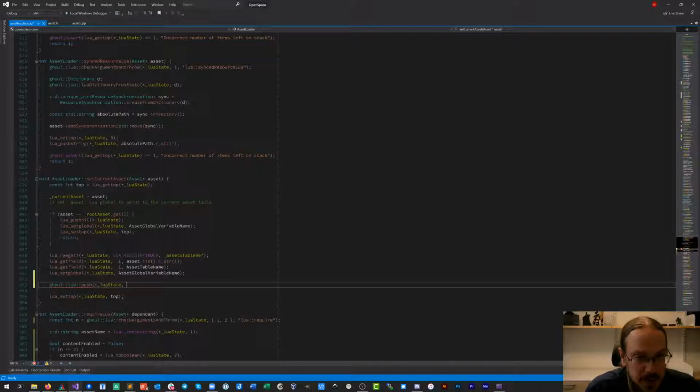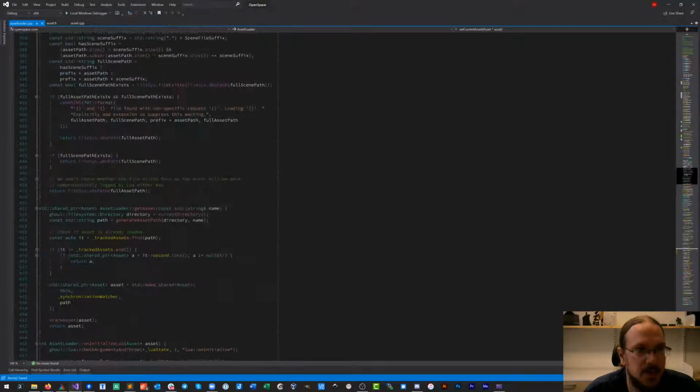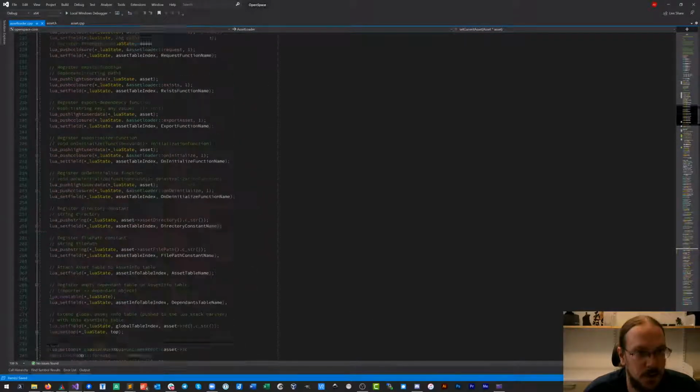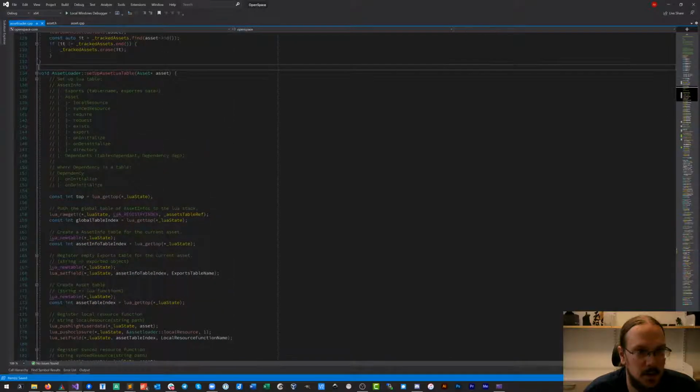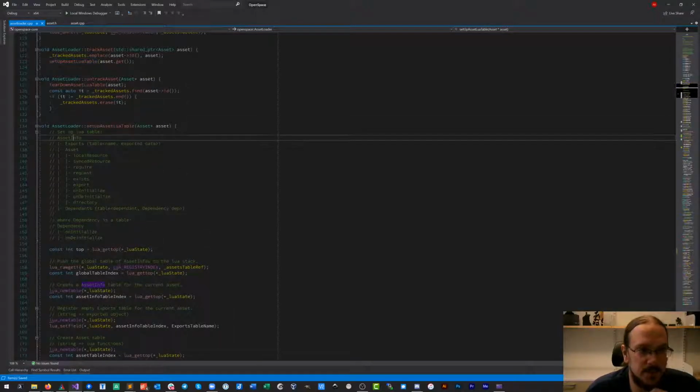So we want to add this to our Lua state. Actually, we don't want to do that just in the set current asset, but rather in the function where we set up our asset Lua table. So this is the function that sets up our asset, where we can call local resource, synced resource, the require method that we were just looking at, and so forth.